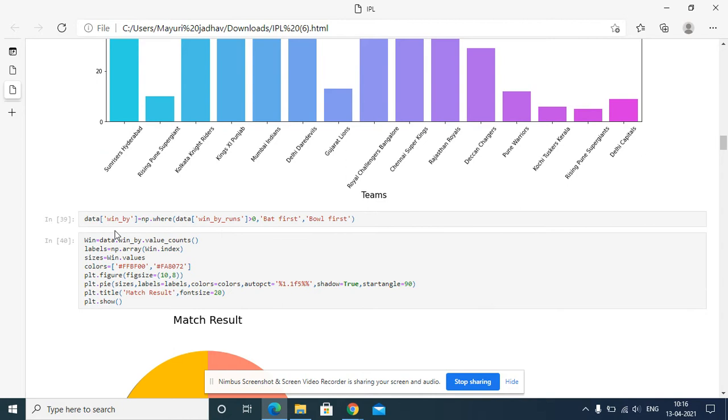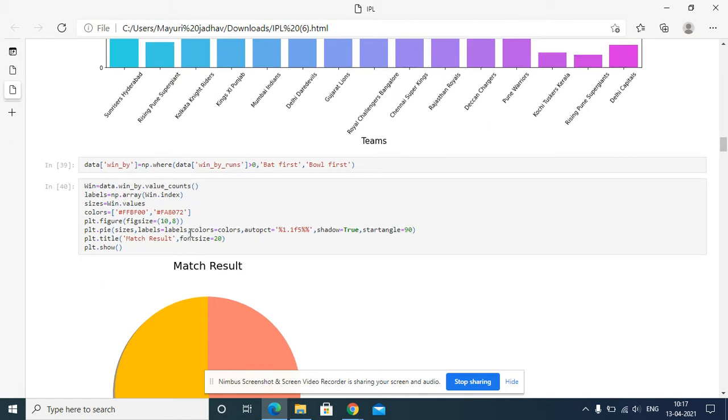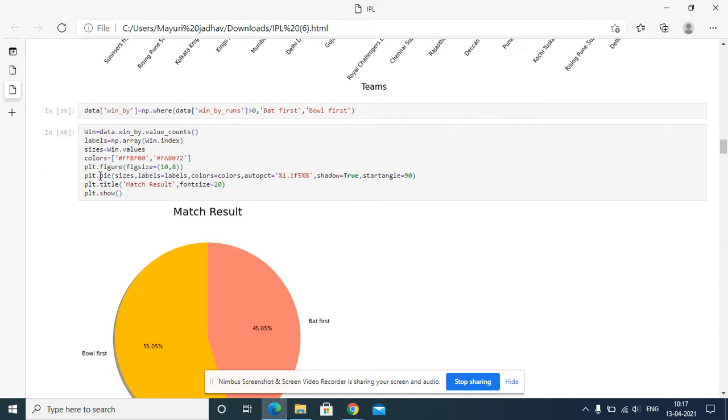Next, data win by np.where data win by runs greater than 0, bat first, ball first. From this graph, win data by value counts, label win index, size win values, color.